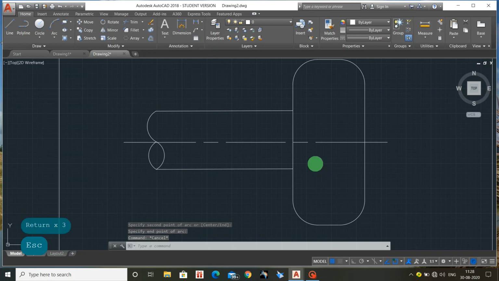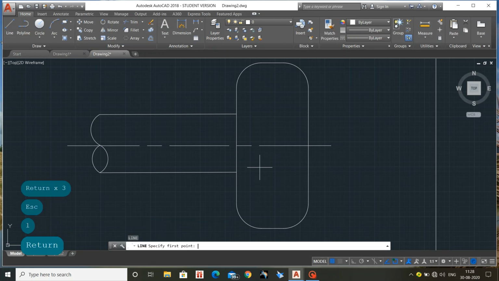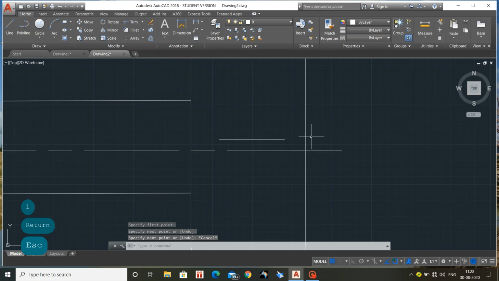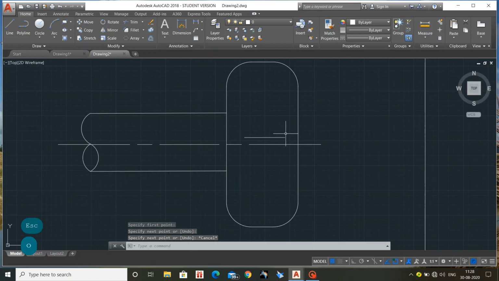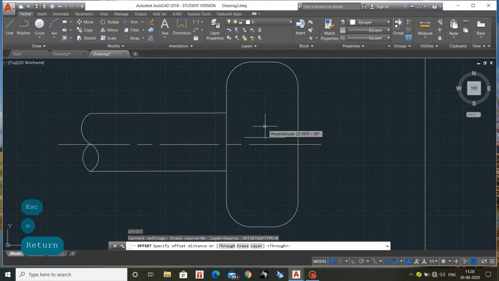Now for representation of knurling, here we need to present a straight line, right? See, I have drawn a straight line. Okay, so I will use the offset command. O enter. So select the line. It is asking for the offset distance. So I am giving 20. So next select the offset object.